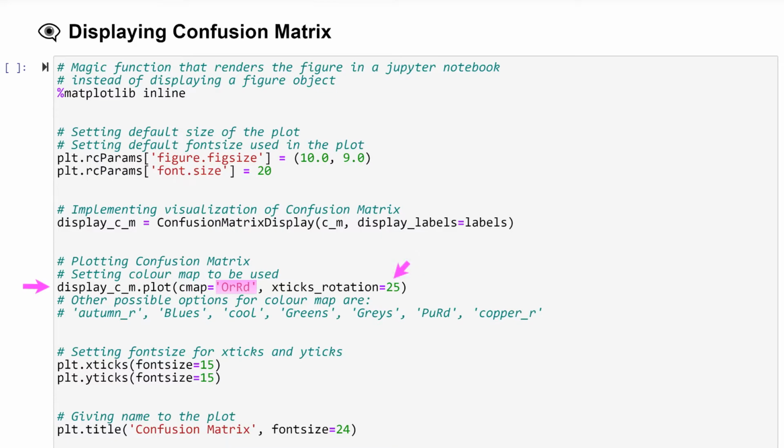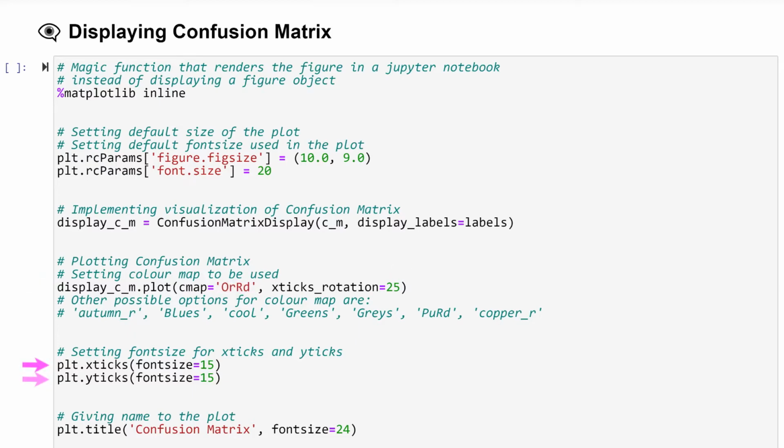the labels along the x-axis. We apply the rotation angle in order to fit labels on the plot and make them not overlap each other. We will see it in a few moments. Later, you can experiment and choose a different color map and a different rotation angle. To print the full list of options for color maps, run one of the cells at the end of this Jupyter notebook.